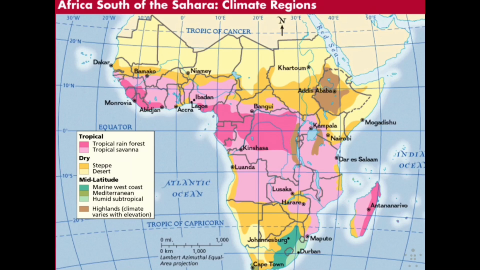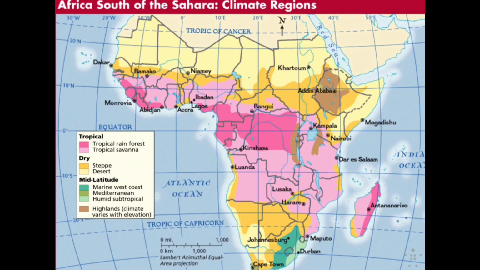Now moving on to climate and vegetation. Probably one of the most important sections in sub-Saharan Africa because it's so diverse. One of the main things to look at here, the primary influence of climate in this region is latitude and wind systems. That's going to be the determiner of a lot of different climates in this area.